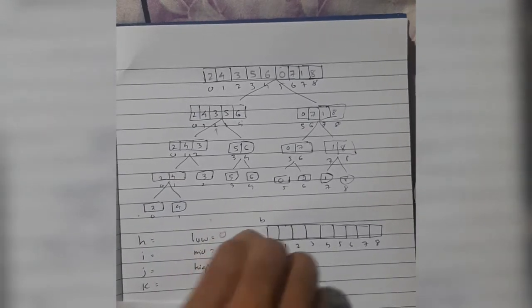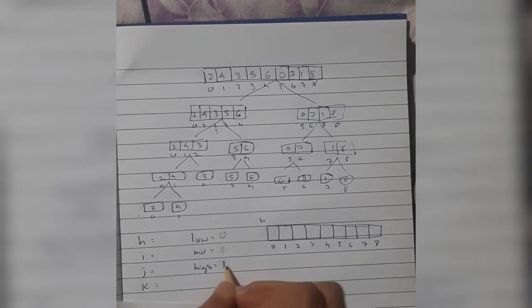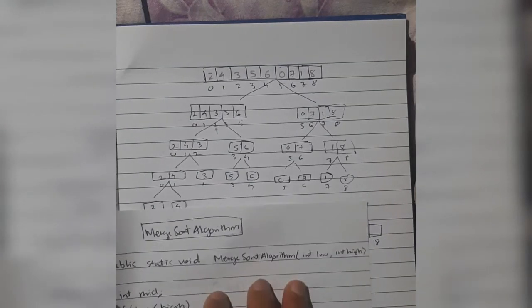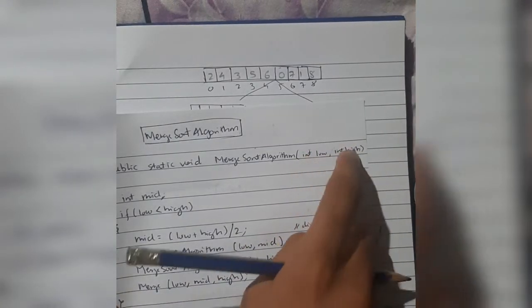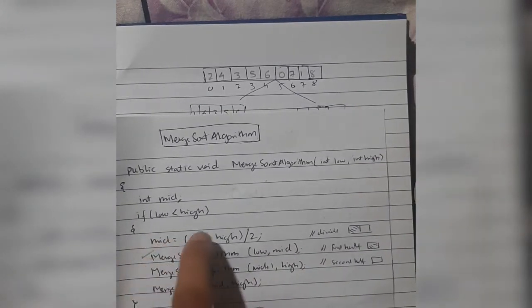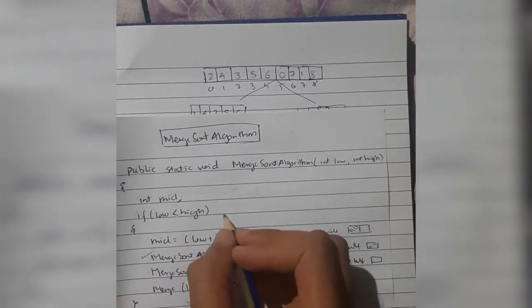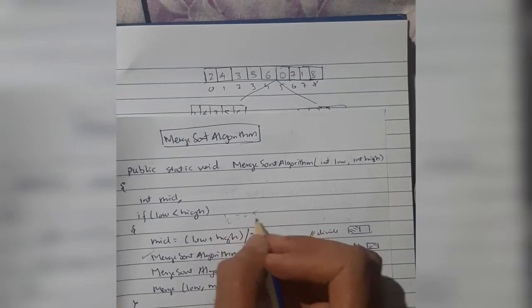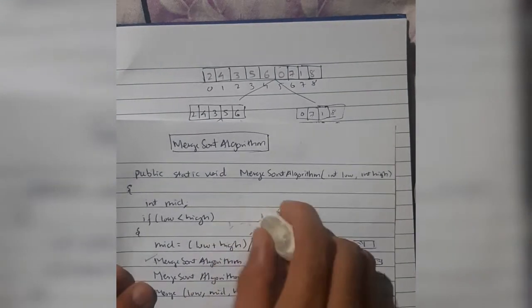Okay, so then we are under this array now. In this array, 0 and 1 is passed. Okay, so low and high is 0 and 1. Next, when low and mid is passed, it will come here 0 and 1. Then mid is created, low is less than high. Yes, low is less than high, 0 is less than 1. And then the mid will be calculated, low plus high by 2. 0 plus 1 by 2 is 0. Because we are taking integer values, 1 by 2 is 0.5, taking the integer value, it will come 0. So the value of mid will be 0.